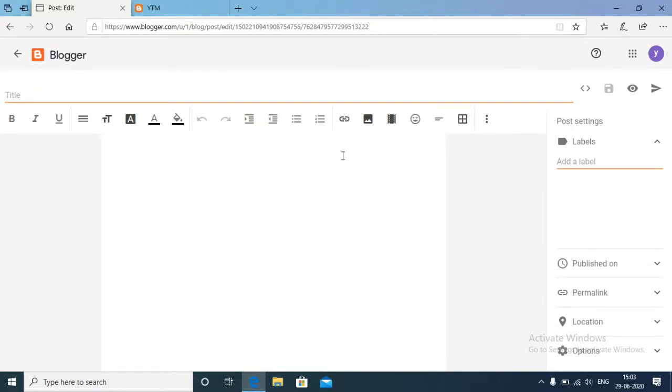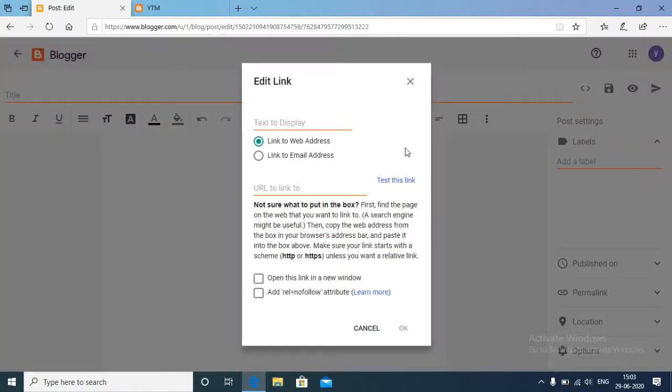Okay, let me just show you a link here. Create or edit the URL, and we can give the text here that displays on your blog.